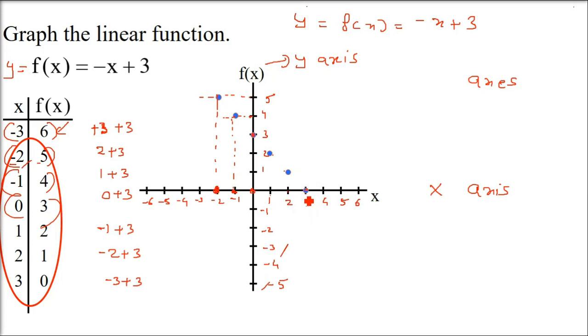So this is okay. Now you can extend the values, but we get enough points. Just make a line. This line is your graph of the linear function. So how to make a graph of any function? This is the way you need to plot the graph in the x and y coordinate system or Cartesian coordinate system. So this is the stepwise method to make a linear function graph.